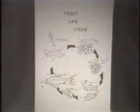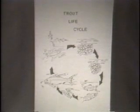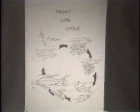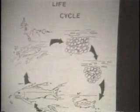Now, once these eggs are laid, they stay in that gravel over winter, and it's a temperature-dependent process. Further north, it takes up to 200 and some odd days for these eggs to develop and hatch. Around here, they generally tend to stay in that gravel until the end of March or so. So you're looking at essentially 4 to 5 months